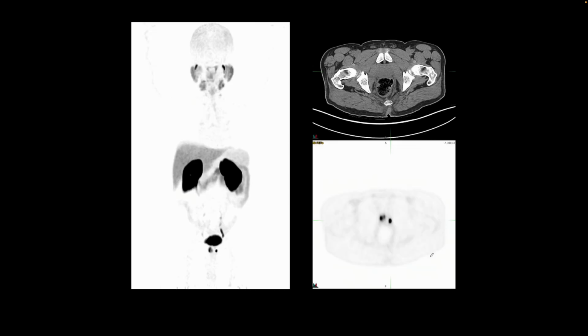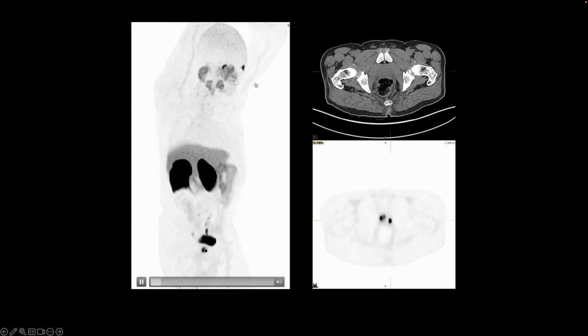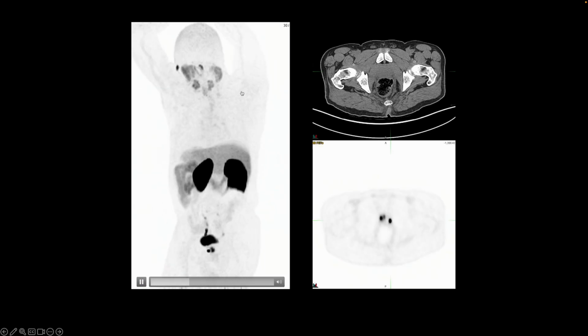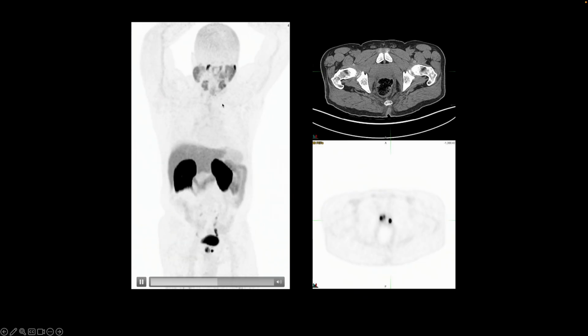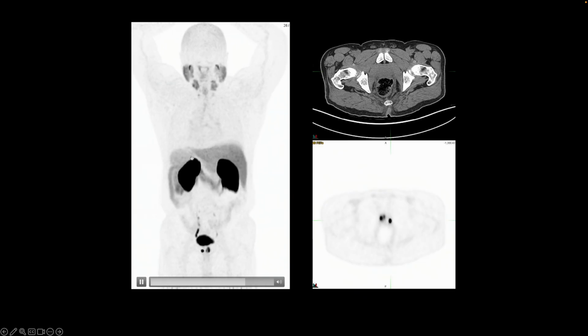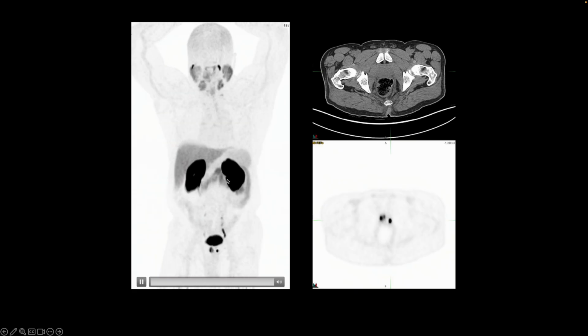Here's our next patient, and we performed a PSMA PET CT to stage their prostate cancer. Let's start by looking at their whole body image. We see physiologic uptake in the lacrimals. We see faint symmetric uptake in the salivary glands, liver more intense than the spleen, physiologic excretion from the kidneys